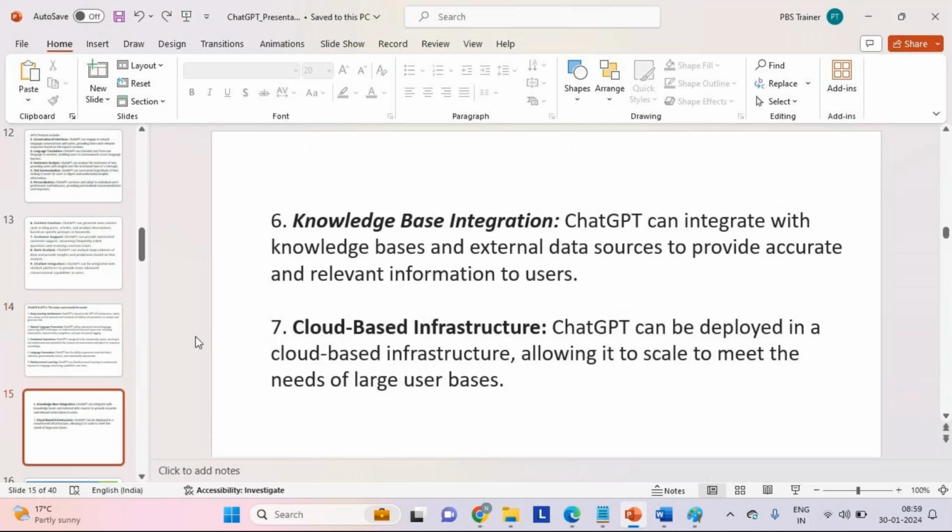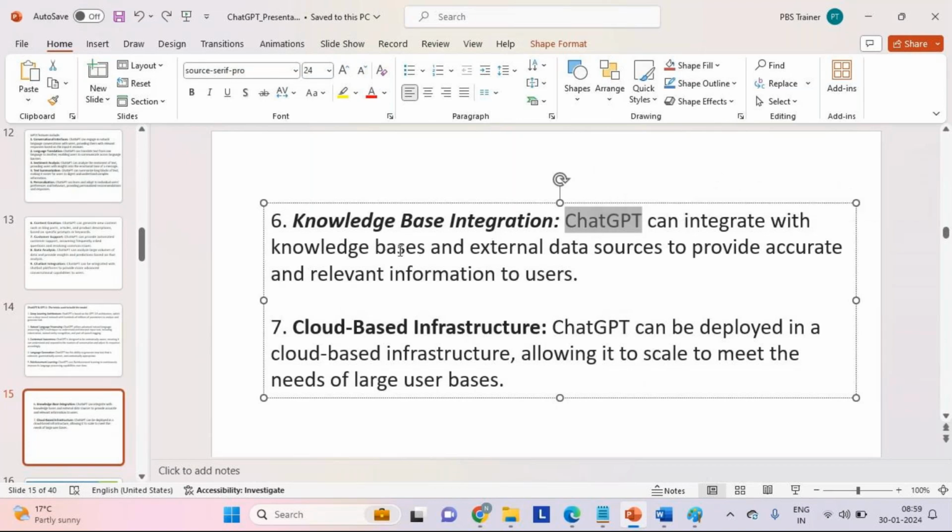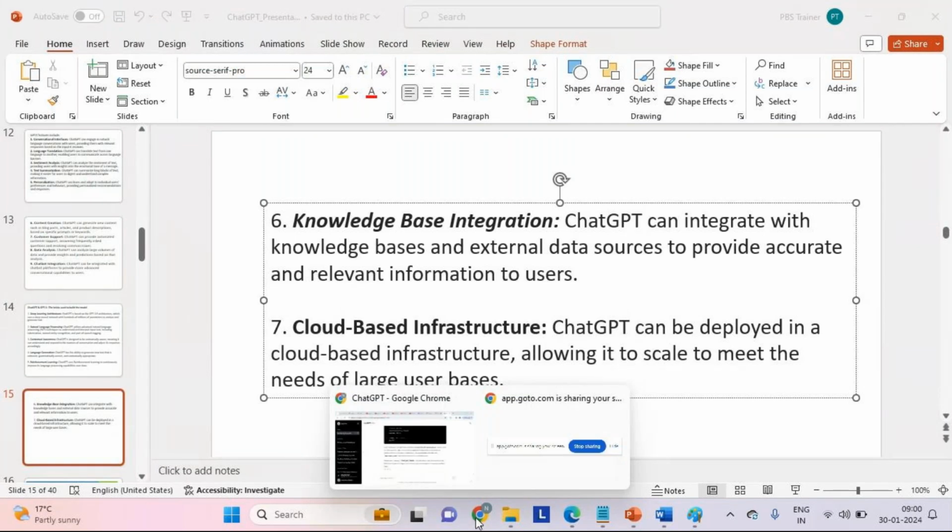Now, knowledge base integration. Remember, guys, we can also integrate this particular ChatGPT with an existing knowledge base or external data sources. Or if you have your own proprietary knowledge base, for example the banking industry, where they don't expose their data outside, in that case we can integrate ChatGPT with their own knowledge base, with their own data.